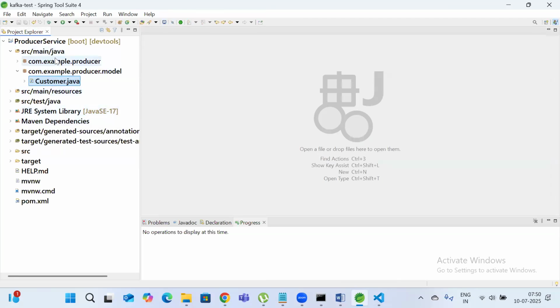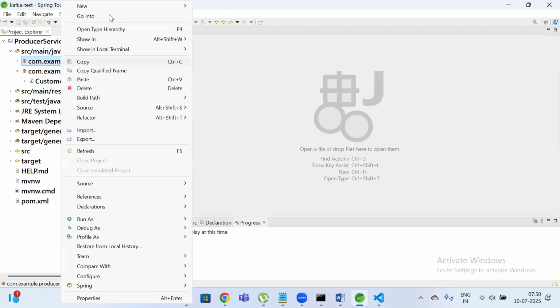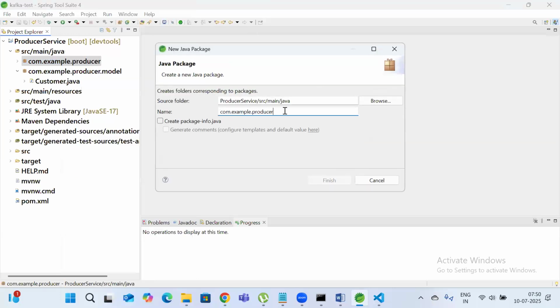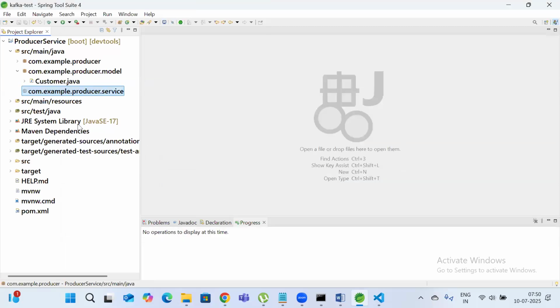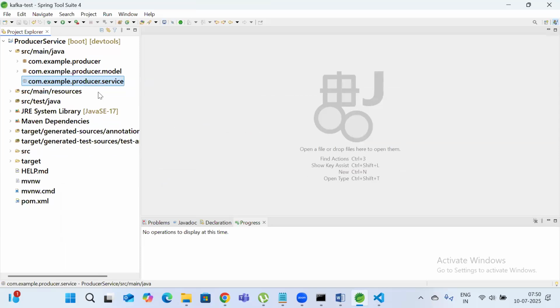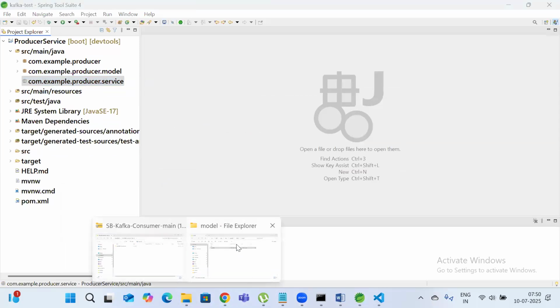I want to create one more package. Let's say I want to create one service package, producer.service. And here I want to create one service class that depends on Kafka template. In Spring